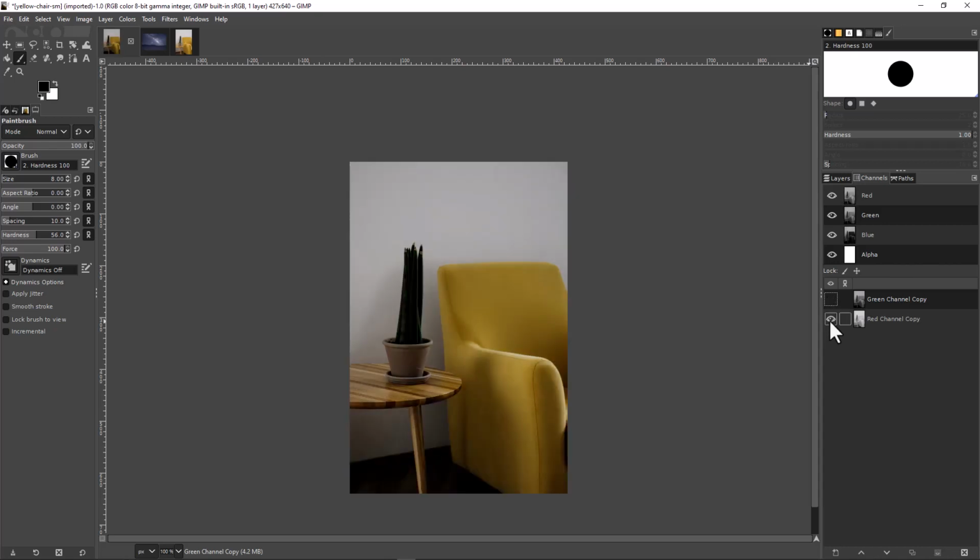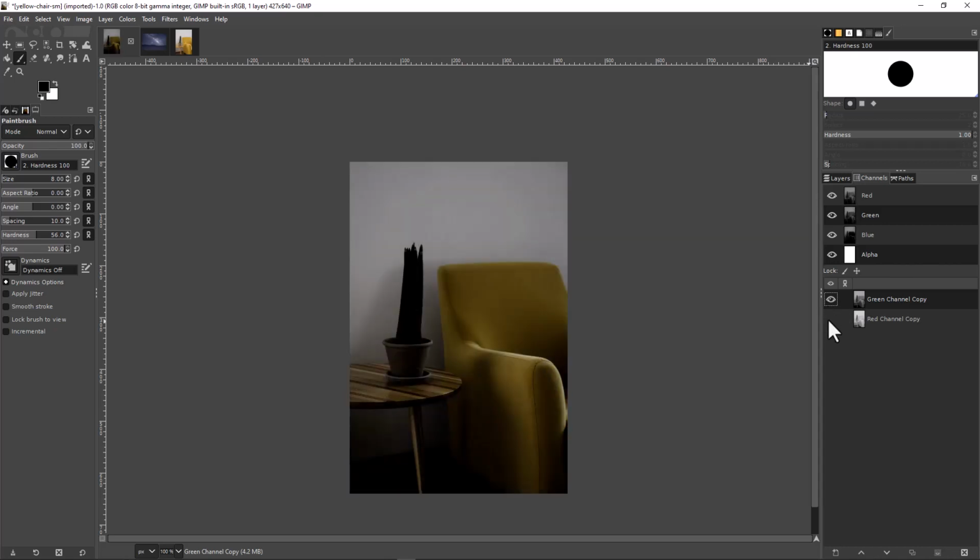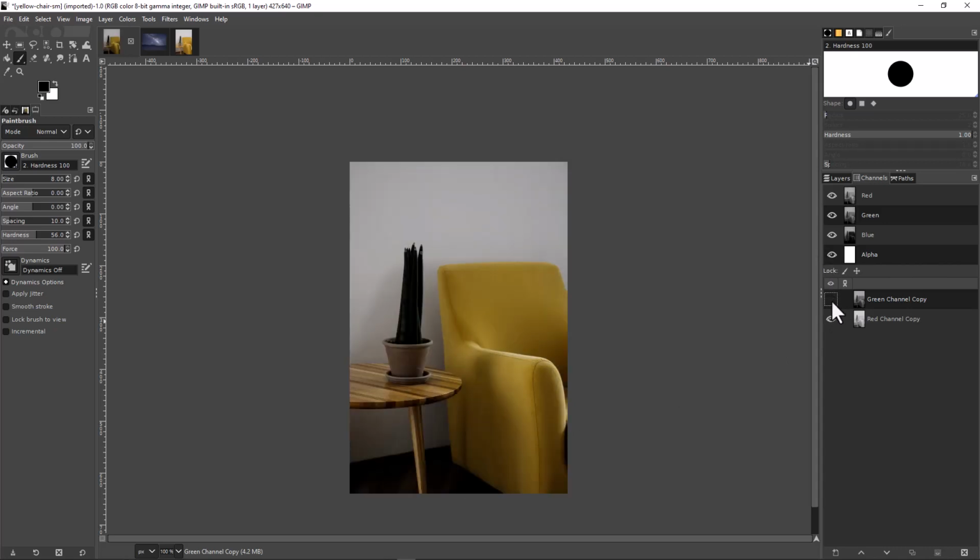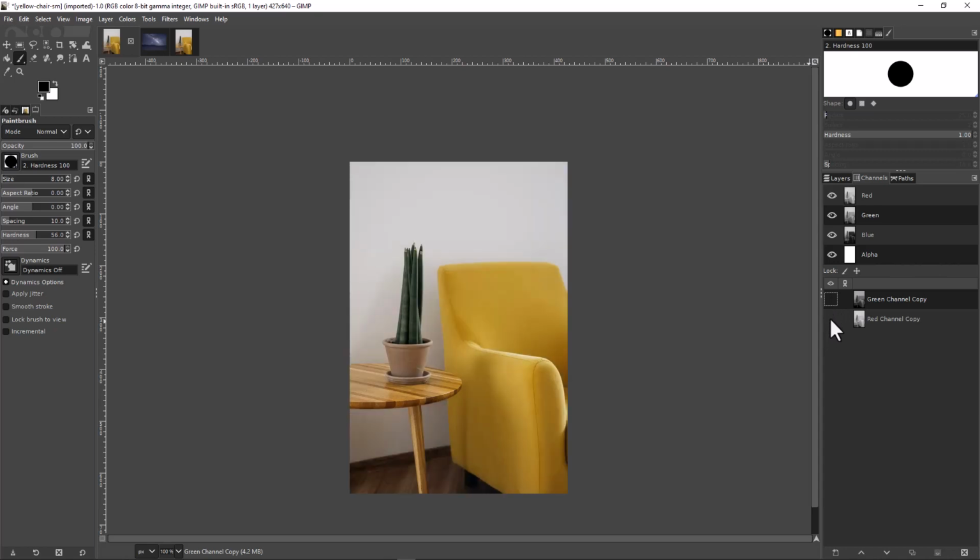Green, red. The green has a little more contrast, and even red and green together, you completely lose the background down here at the bottom under the table. So using all of them is not really an option because it doesn't really isolate